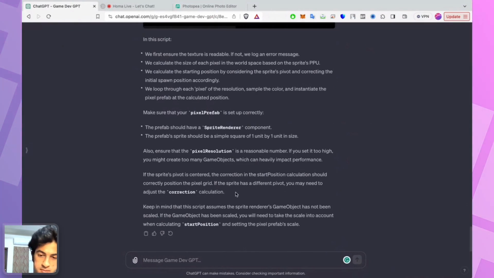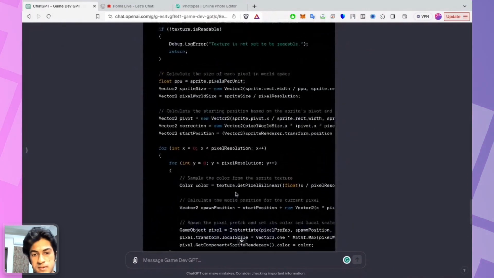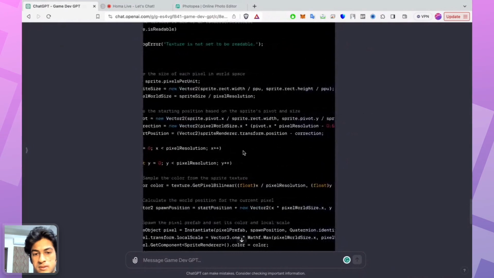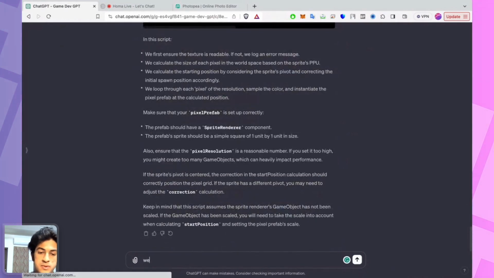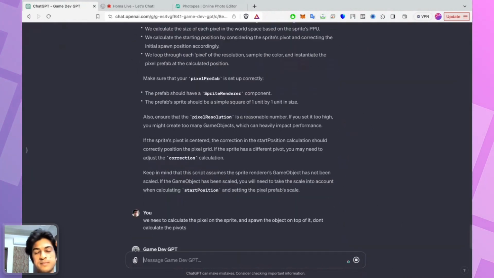Different pivot, you may need to. We need to calculate the pixel on the sprite and spawn the object on top of it. Calculate the pivots. Okay.